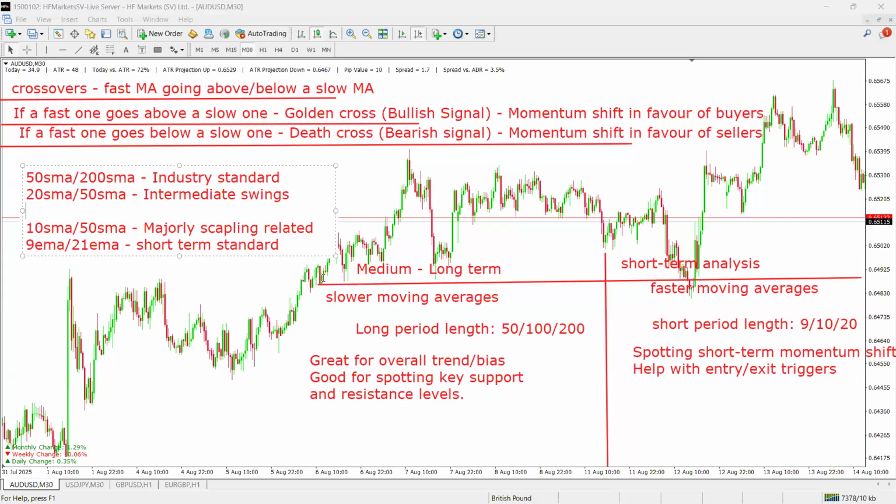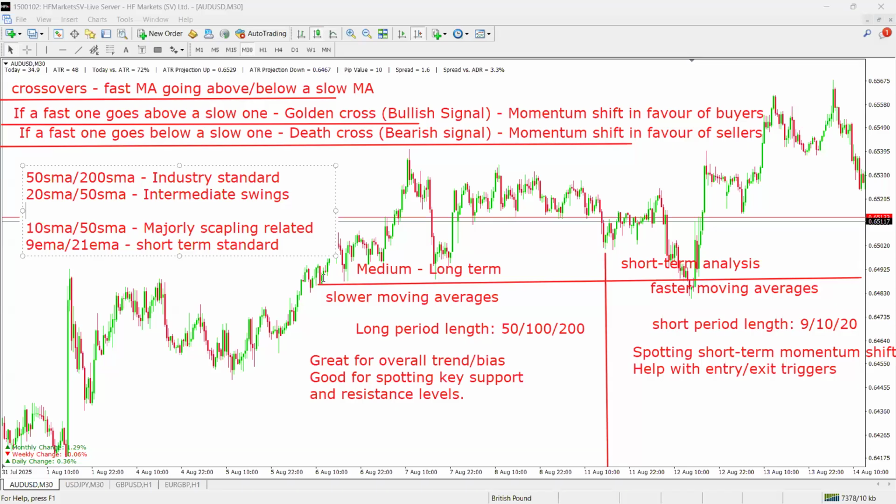That's a golden cross, and that's good. That's a bullish trend signal, and also signaling a momentum change in favor of buyers. And if we see a faster one going below a slower one, naturally, we believe that to be a death cross. And in that sense, it might signal a bearish trend, and also potentially a change in momentum in favor